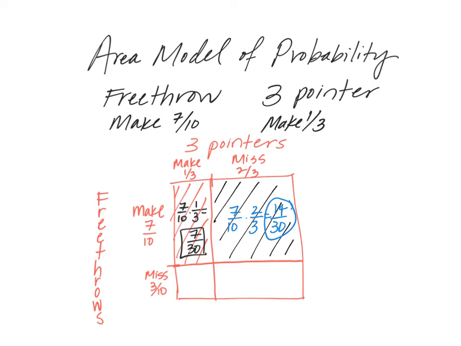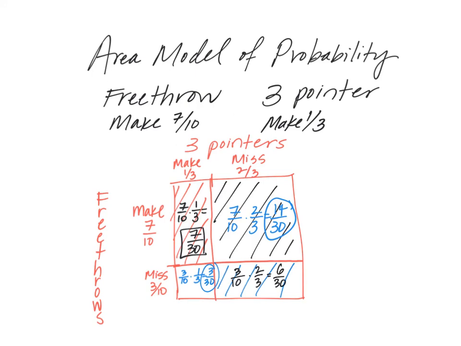To calculate the probability of missing my free throw but making my three-pointer, I will take 3/10 times 1/3, which will give me 3/30. And then finally, to find the probability of missing both, which I sure hope I don't do, I'm going to look to this rectangle right here, and I will do 3/10 times 2/3, which will give me